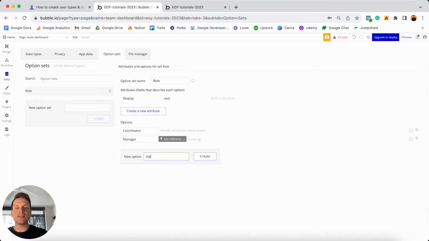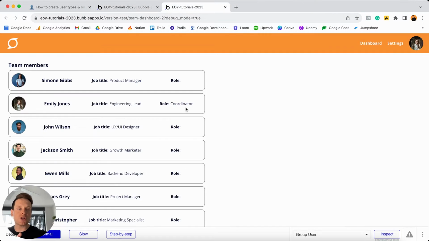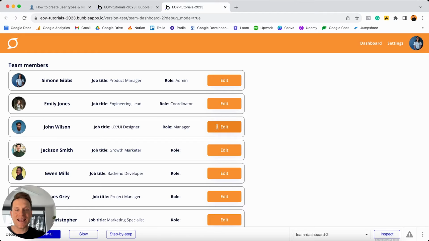If you're building an app that requires users to have different roles and permissions, then this is the tutorial for you. Within this video, I'll start by teaching you how to properly structure your database to support different role types. I'll then explain how you can restrict certain features within your app to users with a specific level of access. And then finally, I'm going to go on to explain how you can create a set of workflows that allow